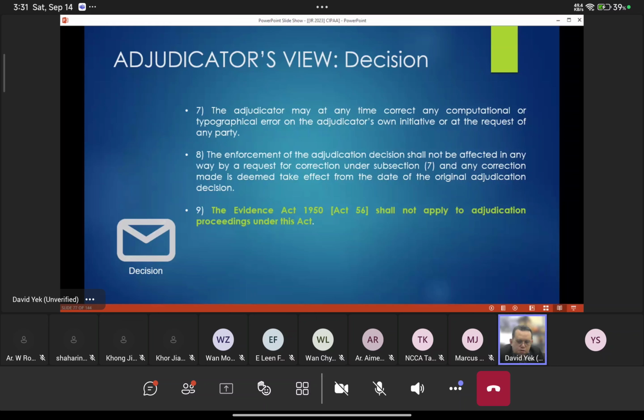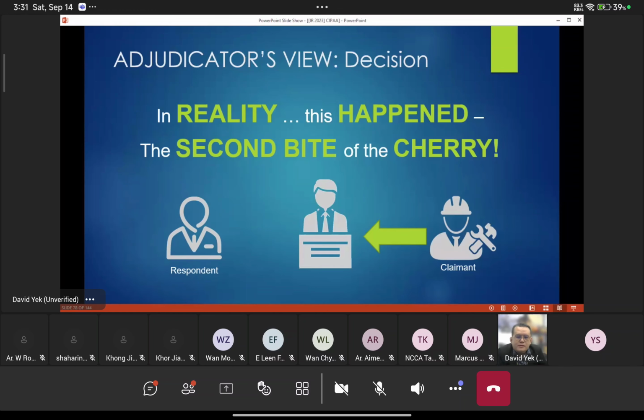That means to say, unlike a court, which will say this evidence has how many percent weightage and whatnot, the Evidence Act does not apply, but the evidence rules apply. That means how you look at the evidence applicable. Okay, the rules apply, but not the entire Act itself. Okay. Now, in reality,